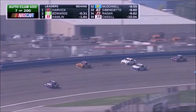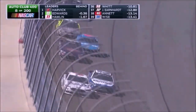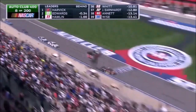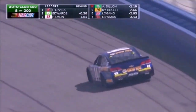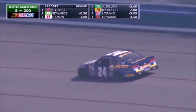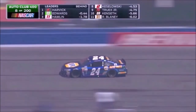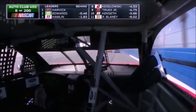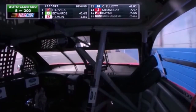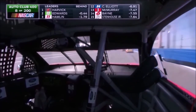Matt, are they concerned about him having scraped the wall? They talked about it, and they have put it behind them at this junction, Mike. But when you look at that 24, one area that Chase wanted to improve on, knowing 2, 3, 4 wide is the norm here at Auto Club Speedway, he changed the mirror this morning inside his race car. A longer mirror, but it also has a curve. He said he did not visually have the comfort on the right rear corner of the car with the old mirror. He feels like this will help him. He utilized it in short track racing as well as Xfinity. I'm not sure what it is about the guys, whether they're old or new, in that 24. They like to adjust the mirrors. And Mike, the right side of the